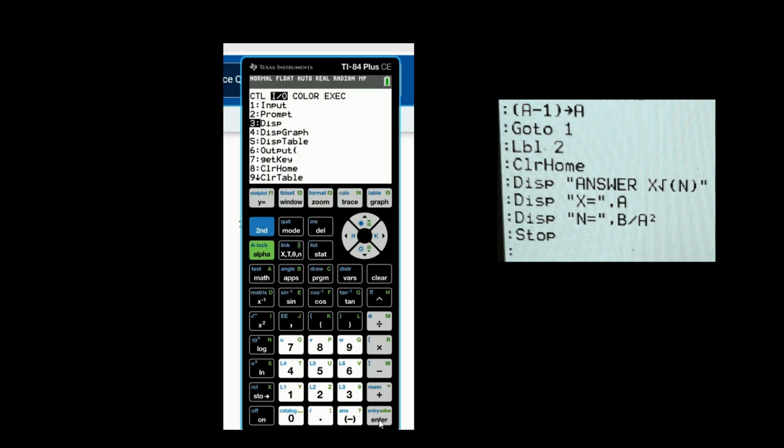Okay, enter that, and then alpha, open parenthesis, and then x, okay, and then equal sign, which is on the second shift math. Just hit enter, and then alpha, quotation mark again, and then just hit comma, and then alpha a, and then just hit enter.